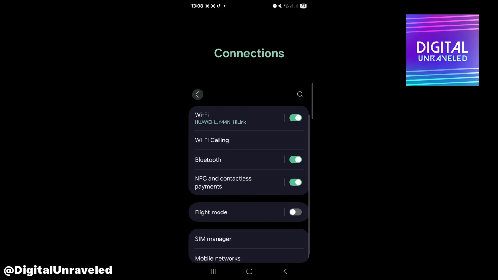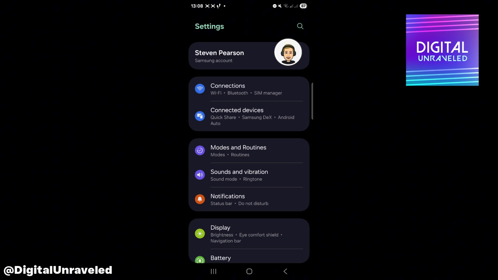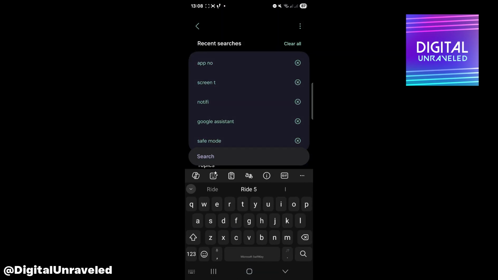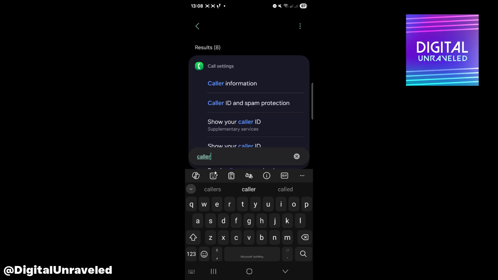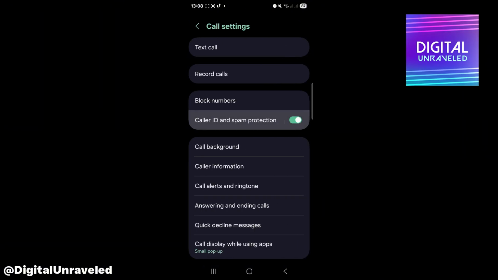So what I'm going to do is I'm going to go to the search bar and I'm going to type private caller ID, is what it is. Caller information, call settings. You want to tap on caller ID and spam protection, and then you want to go ahead and